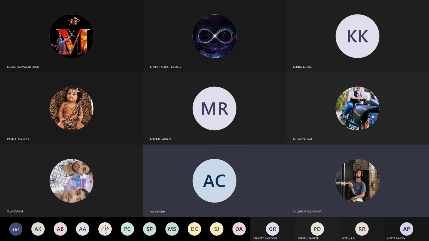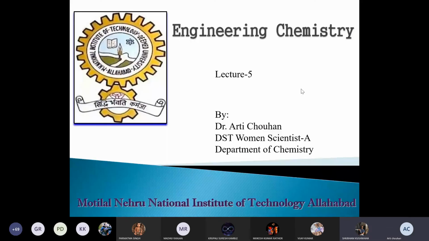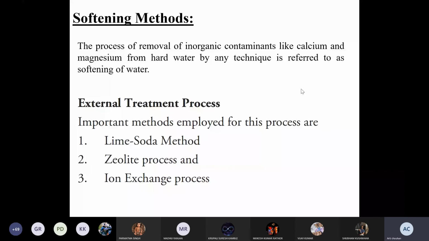Yes. Water. Okay. So water used for industrial purposes, such as steam generation, should be sufficiently pure before feeding it to the boiler for steam generation. It should therefore be freed from any hardness producing salts before being put to use. This process of removing hardness producing salts from the water is known as softening of water.